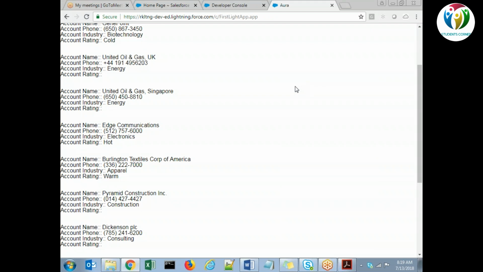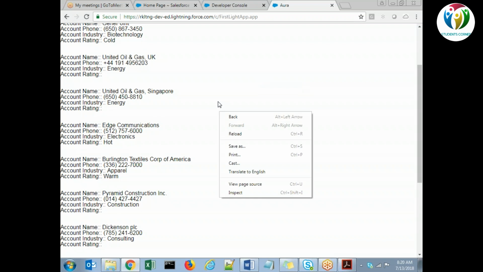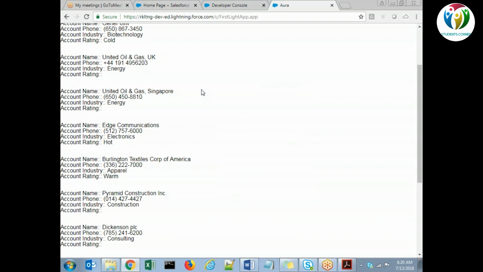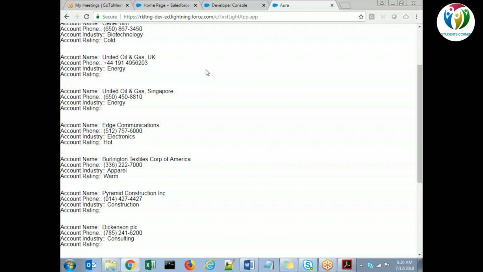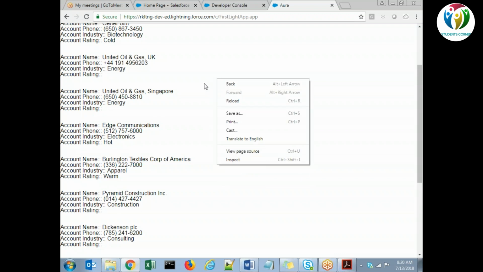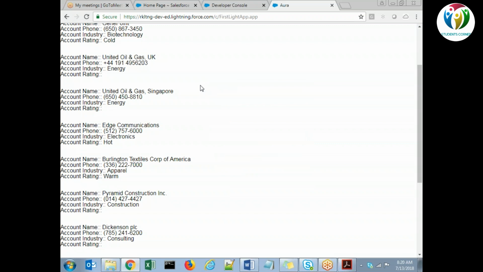Okay, guys. So basically using AuraEnabled will not change any other things. It just exposes that particular method to the Aura framework. That's all it does. So let me comment this AuraEnabled, and now let's see what happened. Can you see anything? We did not get any state. We did not get any response. Because this method is not visible to the Aura component.